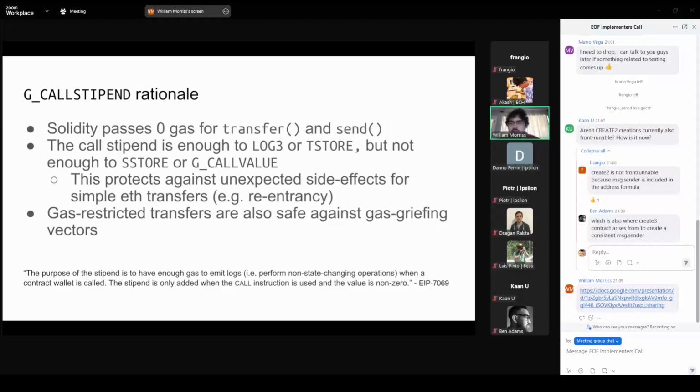So the expectation is they can't make changes and they can't call back into you if you supply 0 gas, but they do have enough to log the change, do some basic minimalist operations. So these gas restricted transfers are safe against gas griefing and reentries.